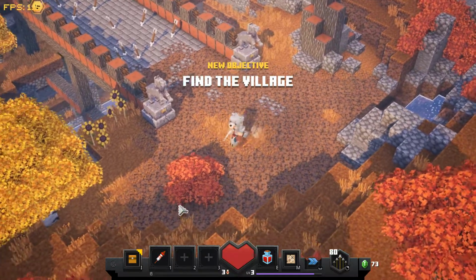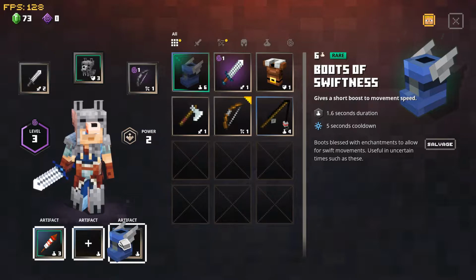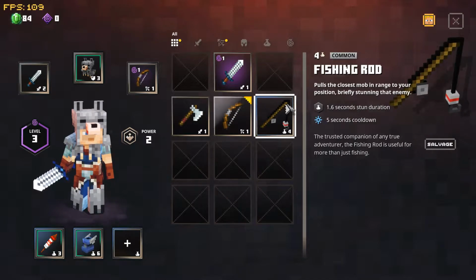So our objective in this mission is to find the village. So yeah, what am I looking at? Well, gear, we got those boots of swiftness last episode, so I'm going to put them on as an artifact. Is that armor any better? No, it's not, so I'm going to salvage it with 15 emeralds. Fishing rod,